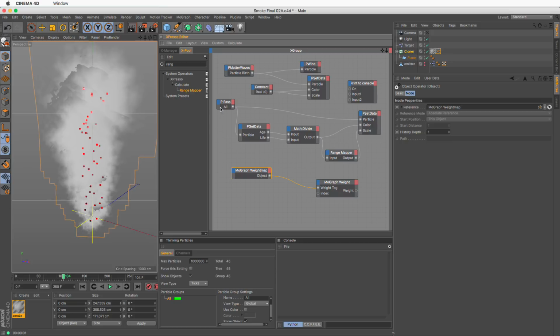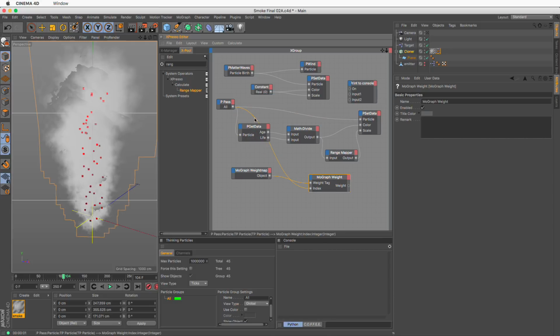Okay, fantastic. Now, here's something that is a bit tricky, but it's a great thing to know. The PPass node or anything that generates particles has something called an index. If we want the IDs of the particles to match the IDs of MoGraph, then don't use the particle index to drive the MoGraph index. All you have to do is drive it directly from the particle output. This will filter out any redundant information and will drive the index of the MoGraph weight. And when we say index, each of these points will coincide with one of the clones we have created, so one of the puffs.